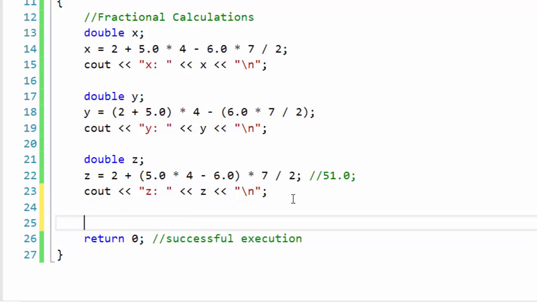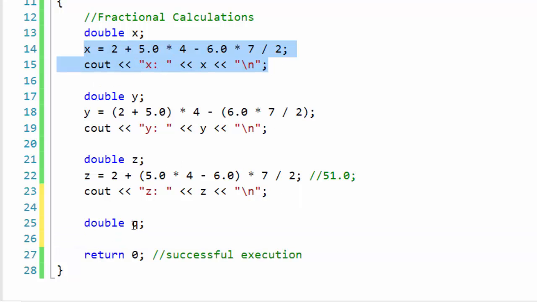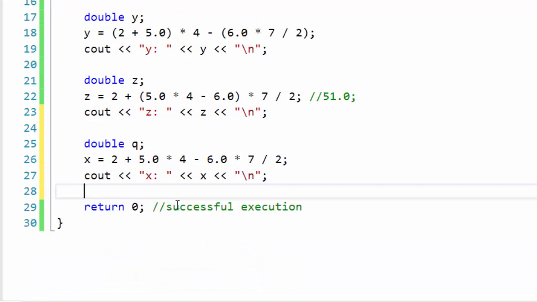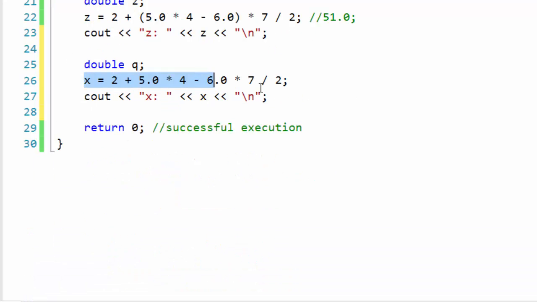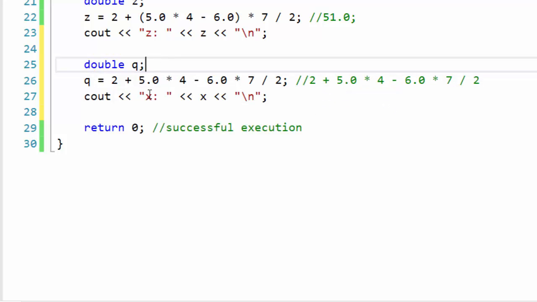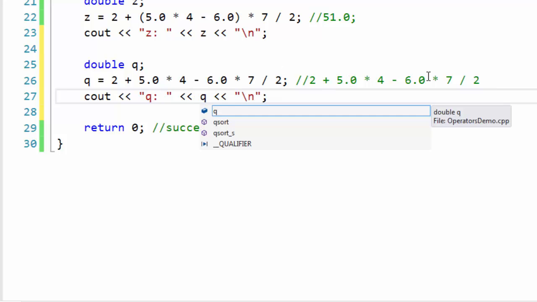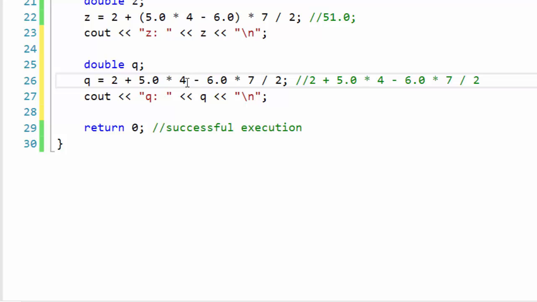Let's do another one. Same will define Q. Let's see if we can figure this calculation out. And we're going to put, this time we're going to put the parentheses around